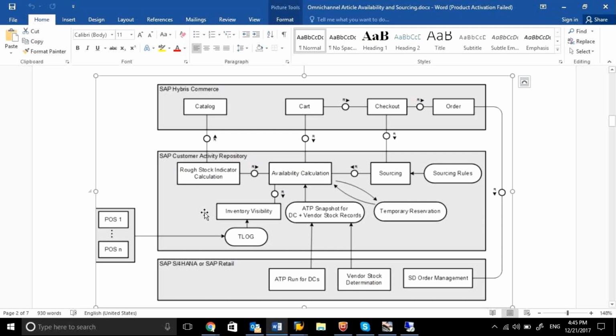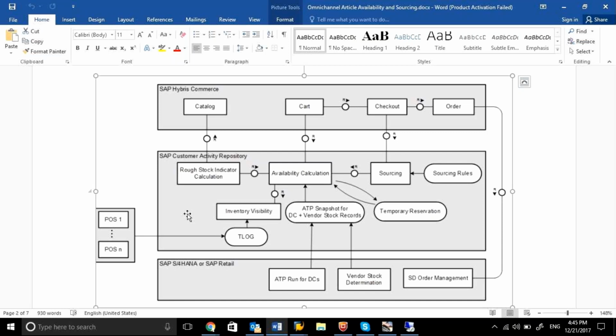Maybe it is also possible to integrate that commerce with the customer activity repository. But SAP recommends that if you are going to use article availability, it is best to use SAP hybris commerce, and it is less effort because